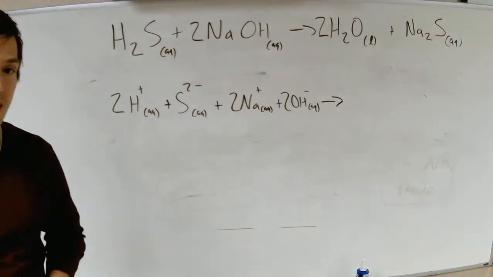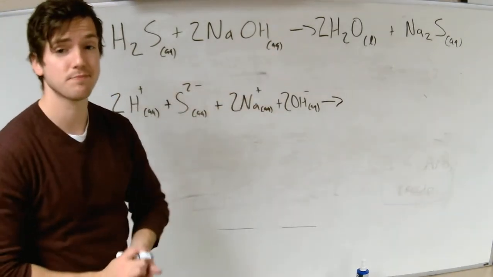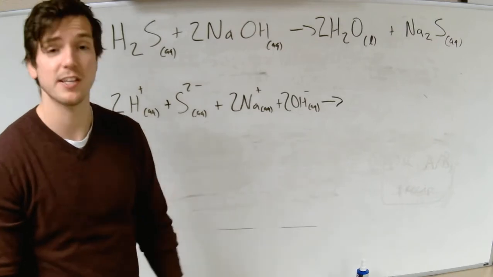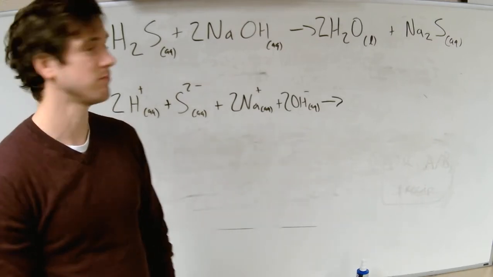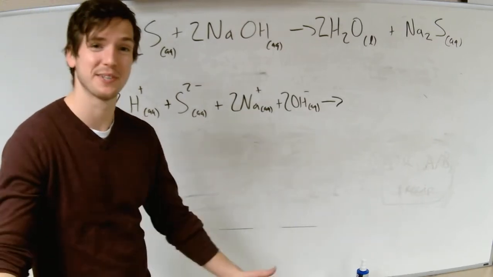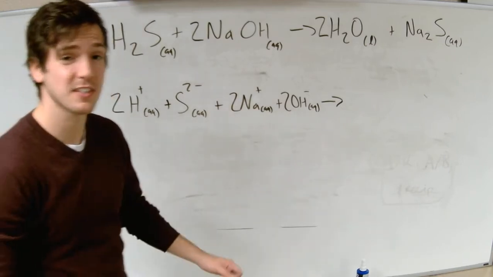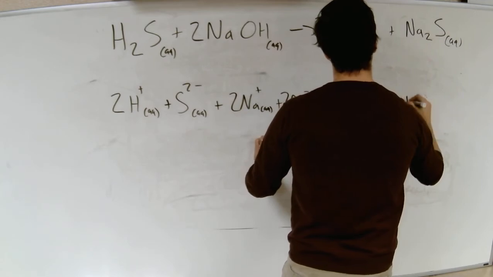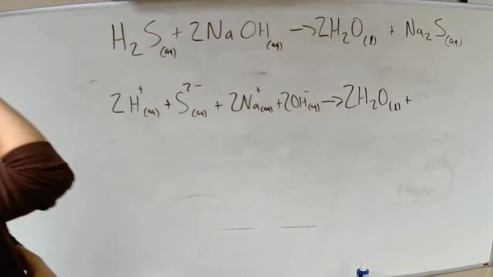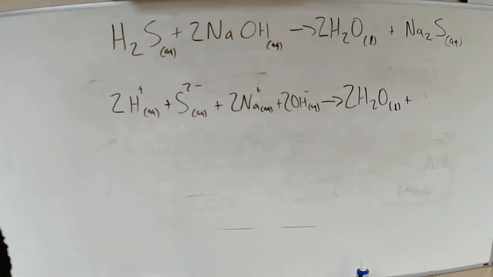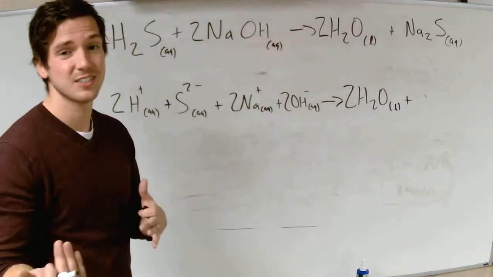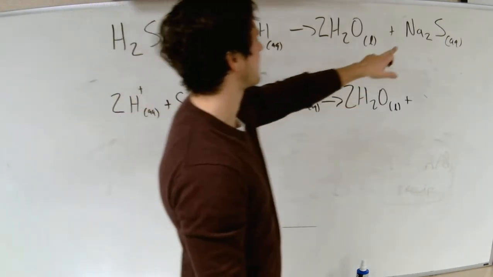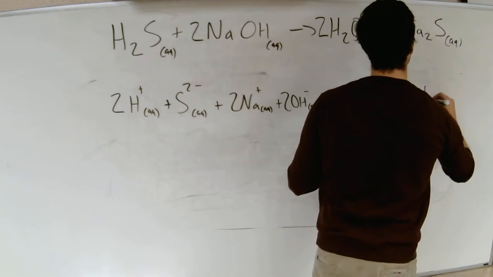Product side, H2O, do we break that apart? Nope, it's a liquid. It's not aqueous, right? Aqueous is the only one we split apart. So since it's a liquid, we keep it together. And then the last one, Na2S, it's aqueous, yeah, so we split it apart. It's got a 2 right there, so that means it's going to have 2 sodiums